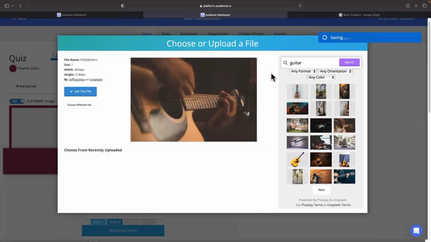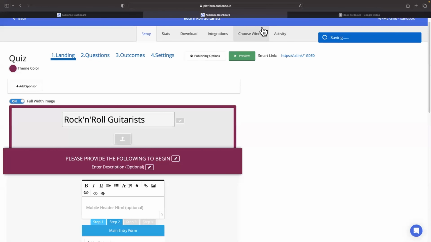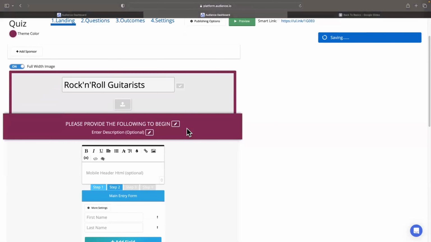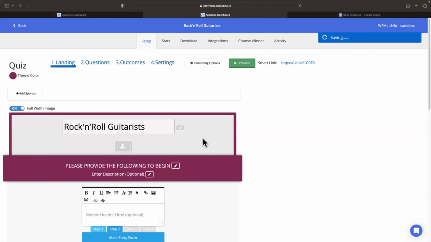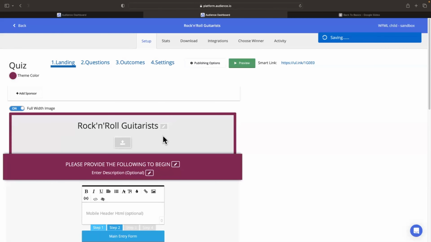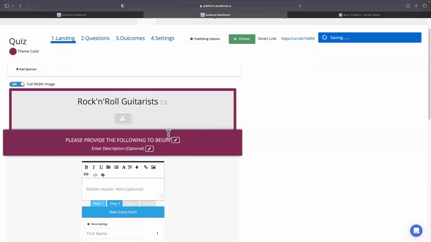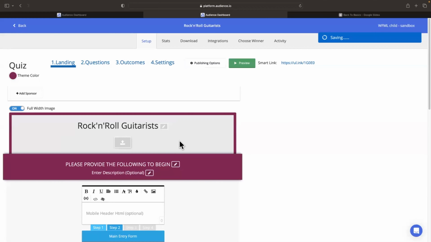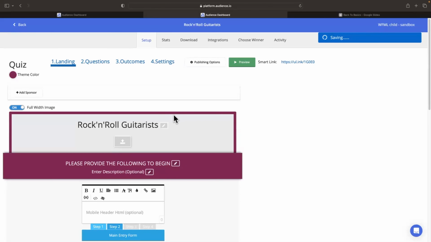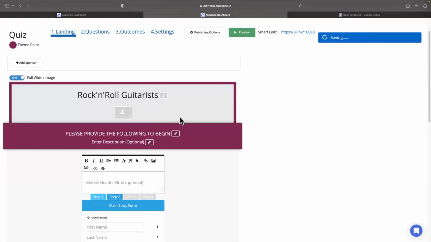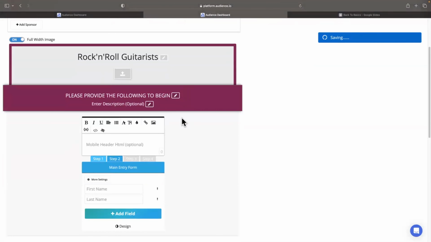It's saving. And as that's saving, once we get back into the meat of the campaign here where we're building it, I'm just going to try this one more time. I do apologize that is not populating when I want it to. Normally, that picture would come right here and be part of the header setup. So I'm just going to hit enter so we get that solidified. And so we see here, this is where we will begin here at the landing page for our quiz. And we're doing the graded quiz. And then there's also the outcome type quiz, which we'll get to in a few moments here.